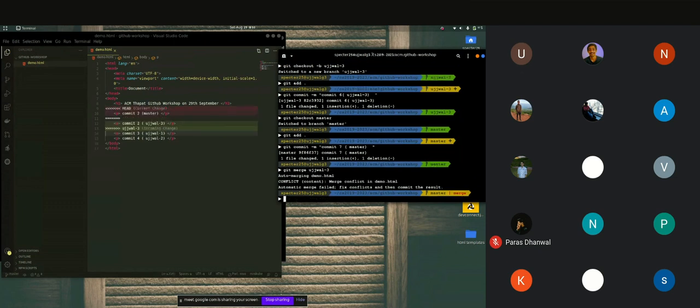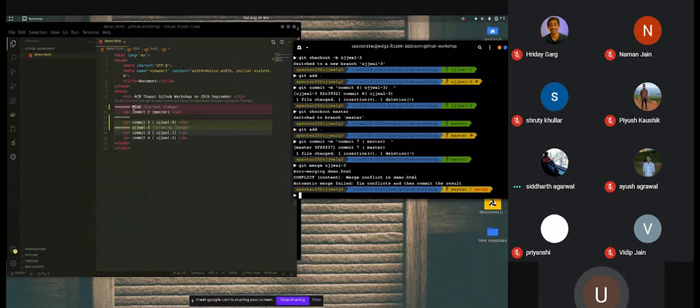See, we get a merge conflict and Git shows us two states, which is the current state of our file on the master branch, and it shows the incoming change. That is, in the incoming change, we are asking it to write commit to usual 3, and in the code that is already on the master branch, we are telling it to write commit to master. So it will ask us which change I have to keep.